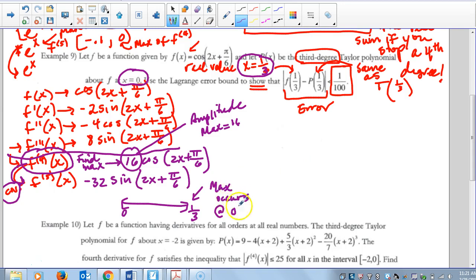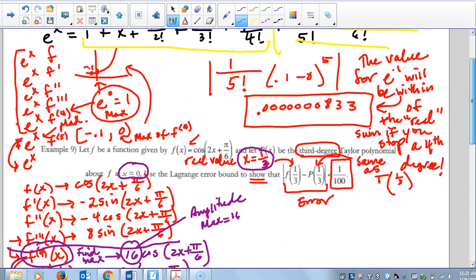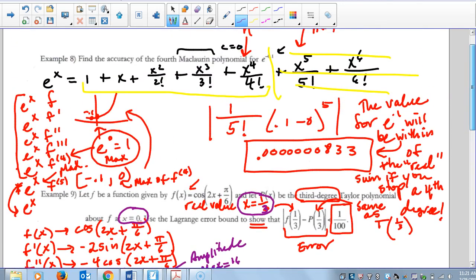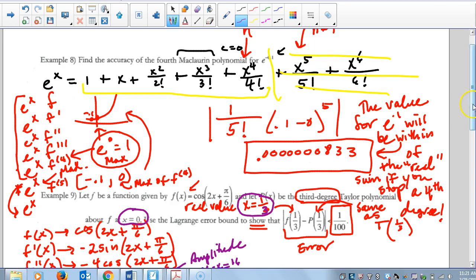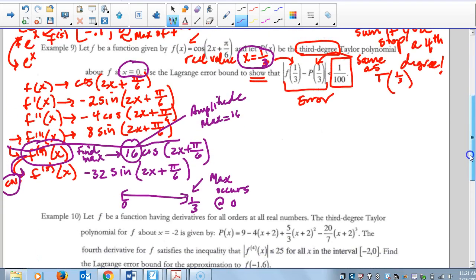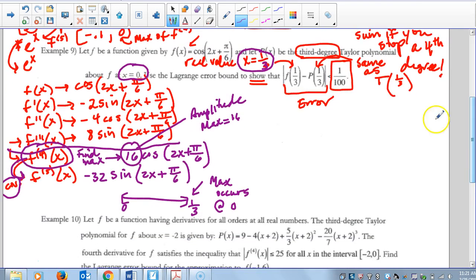You can't just automatically say 1 unless you're at the center and you got 0, so like this one we could do that. But in this case, my function was not just cosine of something, it was cosine of stuff in here, which we had to do chain rule for. So here it is. I'm going to say the error is less than the absolute value of 16, which is my maximum,